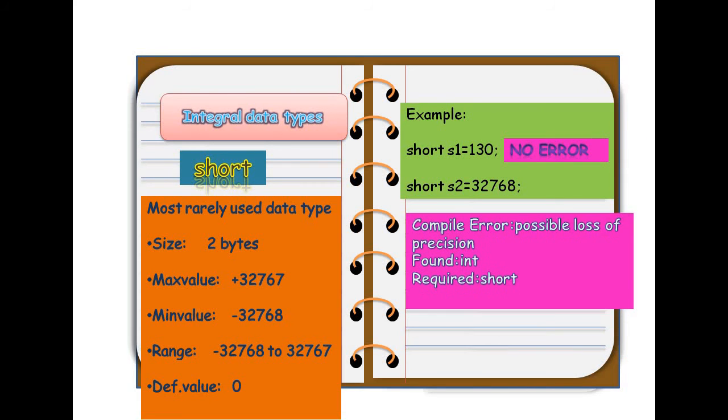Second one is compiled and there is an error, possible loss of precision, found int, required short, because the maximum value is plus 32767, but I have defined here plus 32768. So it will show the compile error.